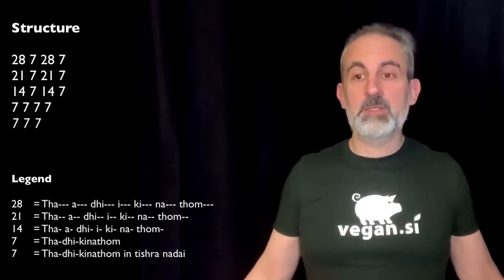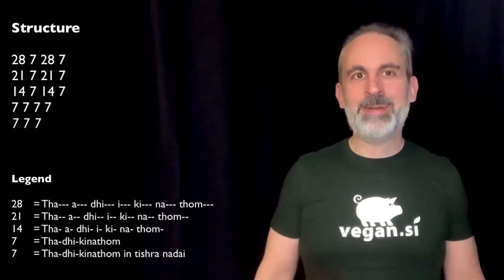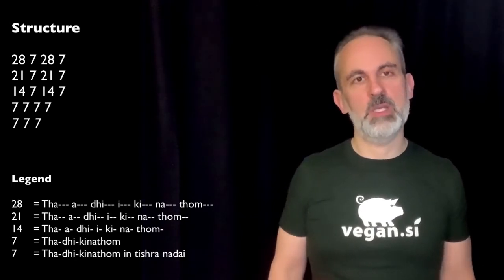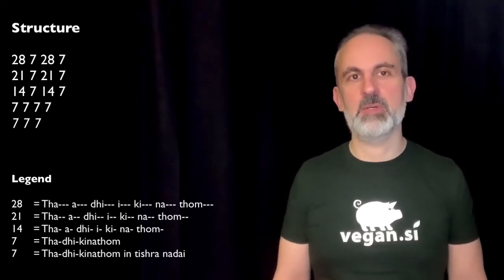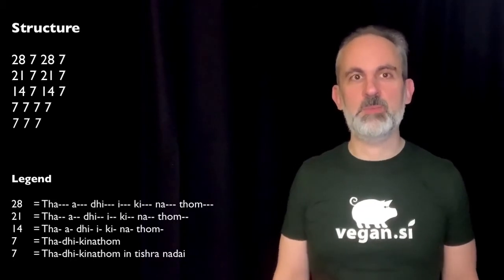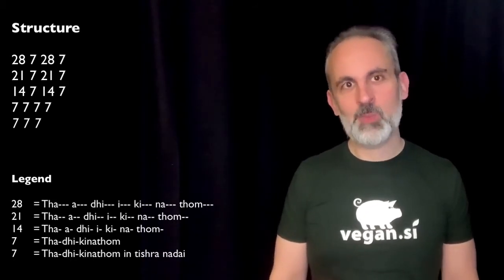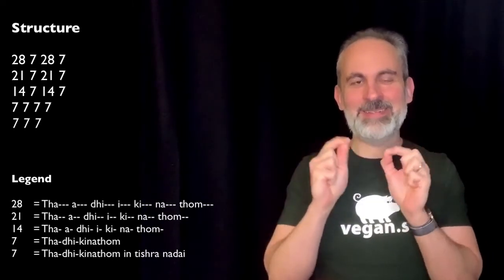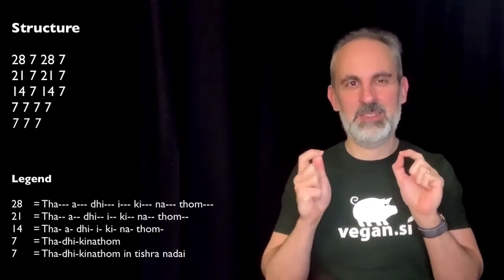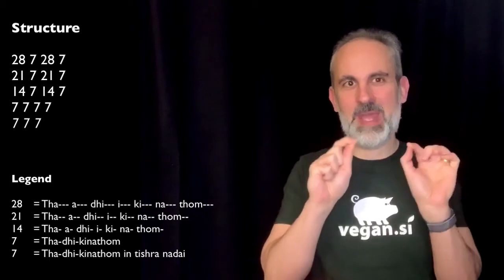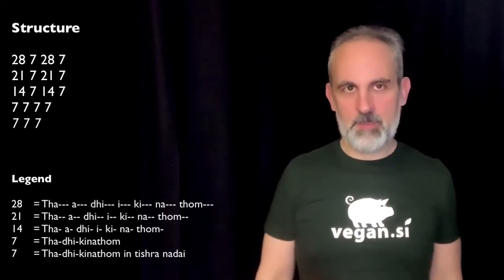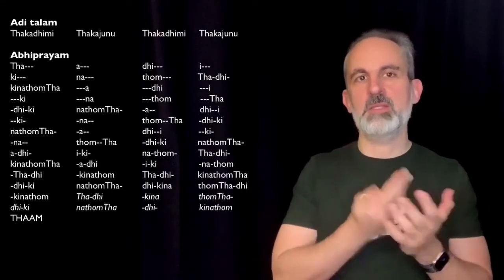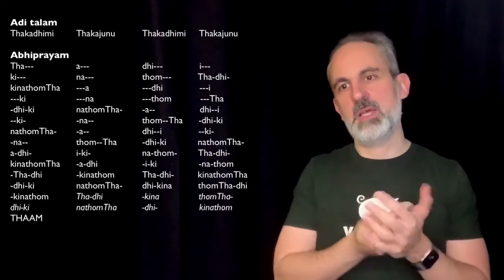So, are we ready to play this? I'm sure we are. As always, we do half a cycle of aditalam, and then we go into our abhiprayam, which in this case is going to last 7 beats, which means that I'm going to edit this video a lot more because I need to be changing all those colors, to follow me. I don't know if you noticed, the red follows. Anyway, never mind, my problem, not yours. Let's do this. Taka dimi taka junu, taka dimi taka junu,